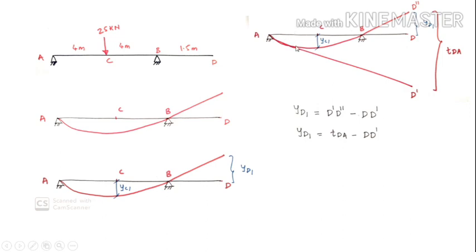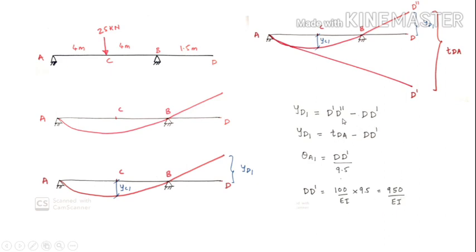By using the value of theta A1, we can find the value of d dash. So tan theta A1 equals opposite by adjacent. Since theta is very small, tan theta A1 will be equal to theta A1. So theta A1 equals opposite, which is d dash, divided by adjacent. This distance is 9.5. So we got the value of theta A1. So d dash is equal to 950 by A. So we got the value of d dash.